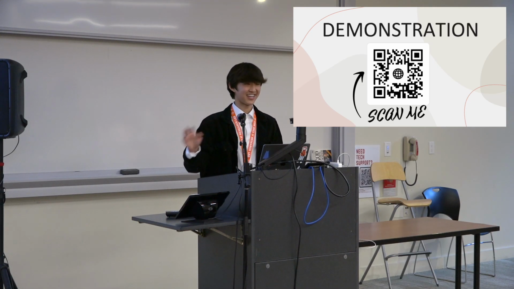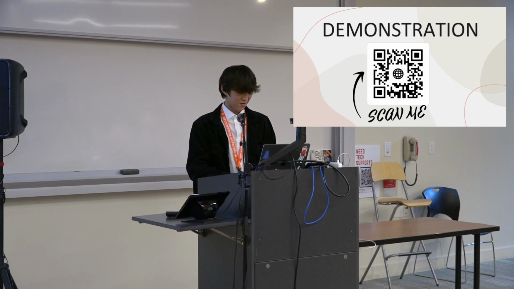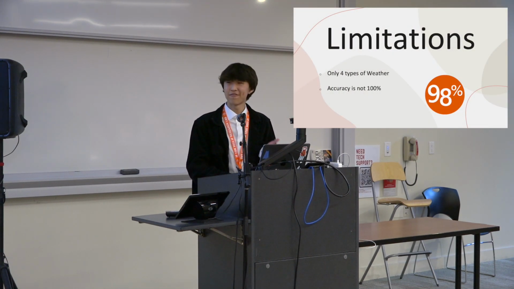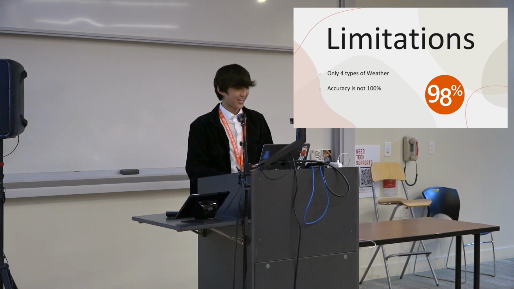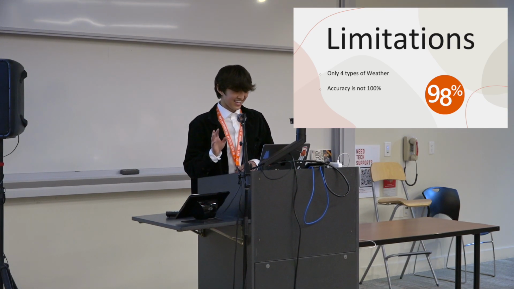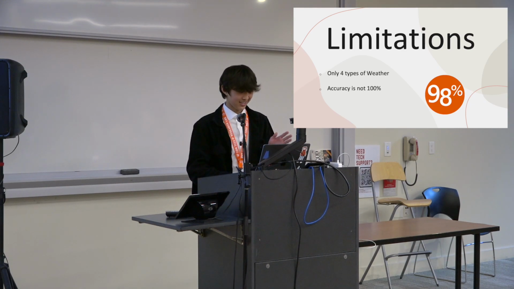There are a few limitations to my weather app, and it is that there are only 4 types of weather. I mean, there should be some more like mist and haze that I will add later on. And another thing is that the accuracy is not 100%. I'm not saying that it's wrong, but it is 98%. The accuracy of my app is around 98%, and it's because